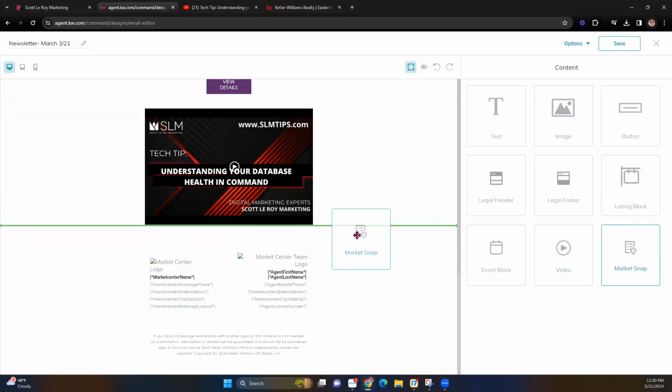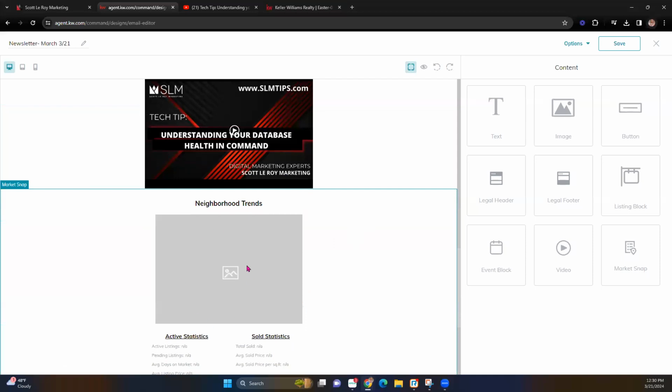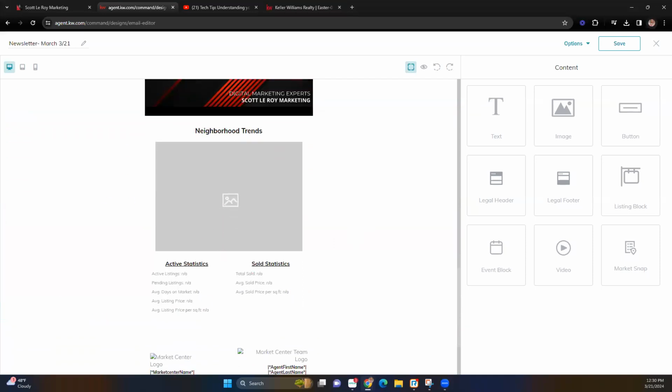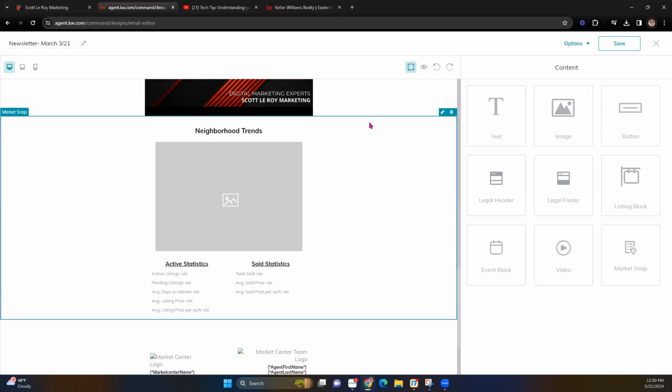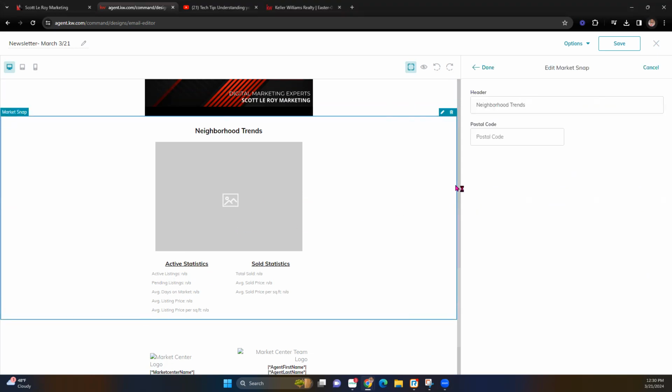Next one is the Market Snap. So this allows you to pull in market statistics. And you can select a specific neighborhood and pull that in. That information is pulled directly through Nextdoor. So the information cannot be manually edited. But let's take a look at how to edit that or how to add that information. So I always like to grab